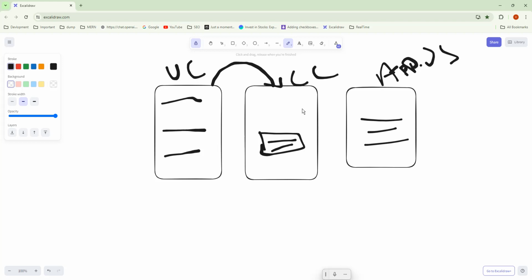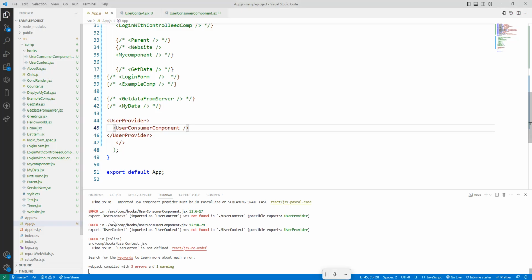Okay, so now I want to run the example. So it is showing an error. What is this one? Line number, source contents, user consumer component, line number 12, 16. Use context imported as use context, user context was not in the user context. So what is the error? Line number 12. So if you just control and click here,